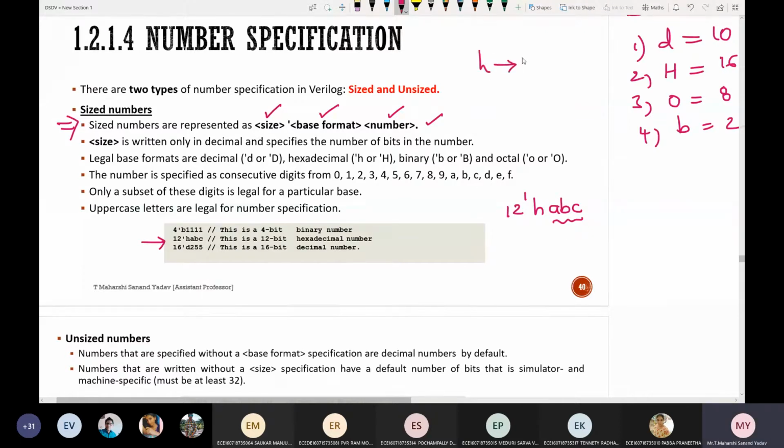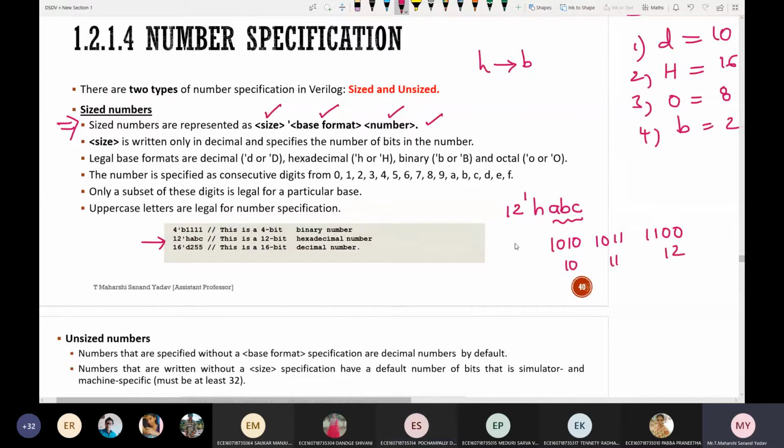Just do hexadecimal to binary conversion. 1010 for A, 1011 for B, and 1100 for C. So this is 10, 11 and 12.